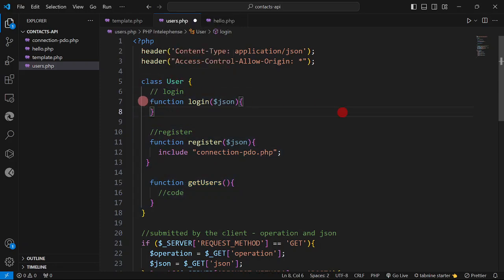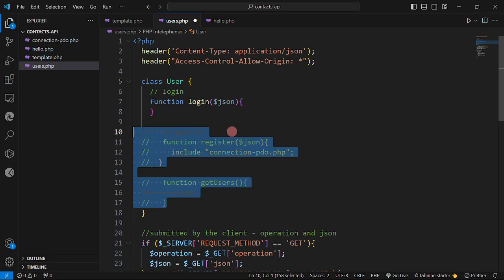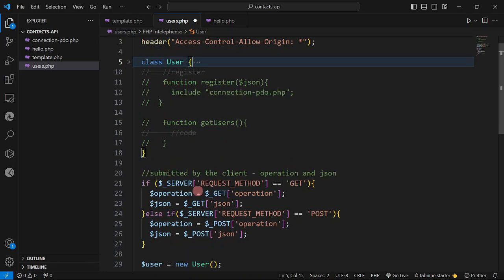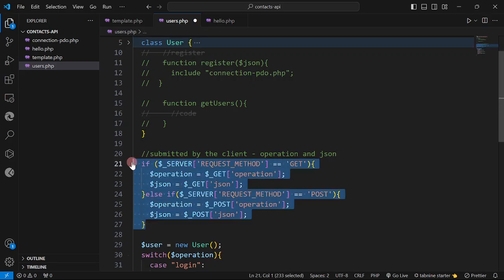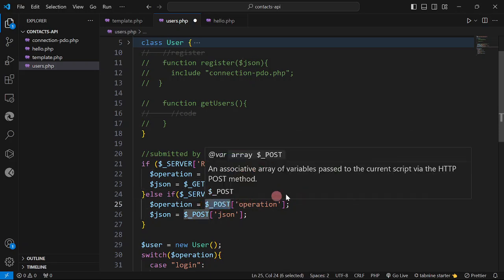Okay, and these are the three methods that we have. Okay, although in our first example we are going to have first only our login. Okay, then outside the class definition, we are going to check, okay, what method has been used by the client. Okay, so if ever the method is get, so therefore we are going to use the superglobal get, but if ever it is a post, so therefore we're going to use post, and we are going to ask from the user